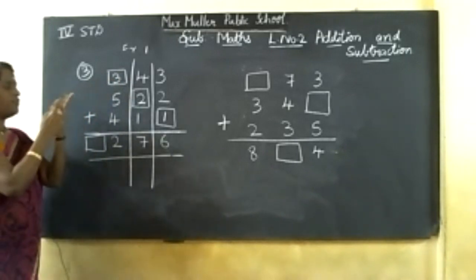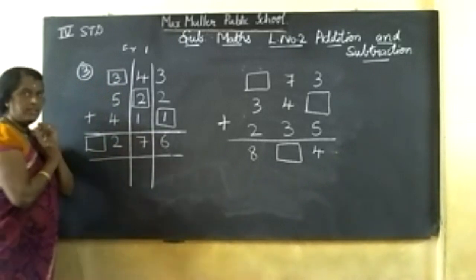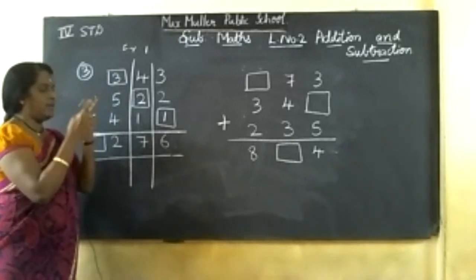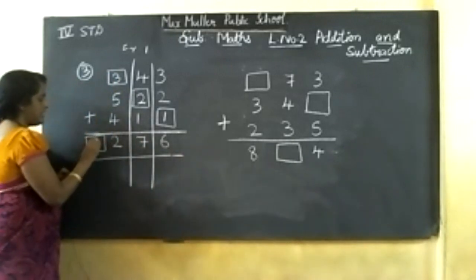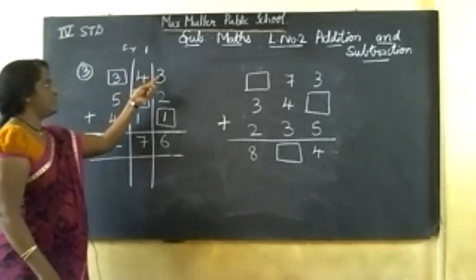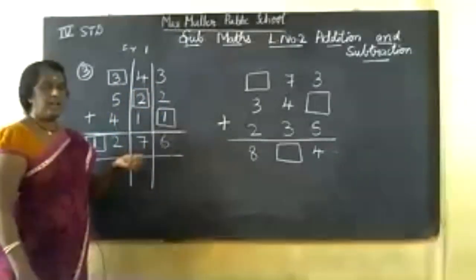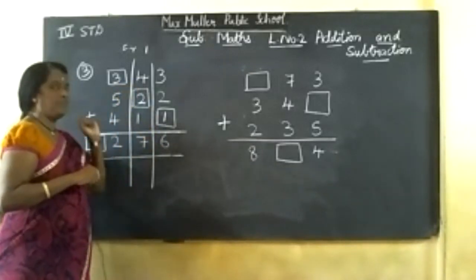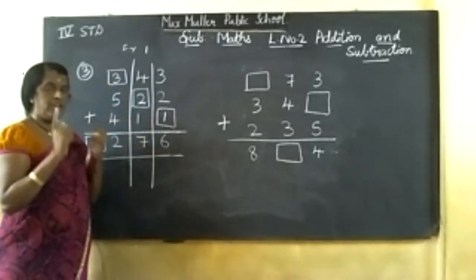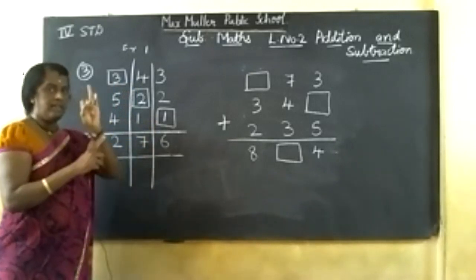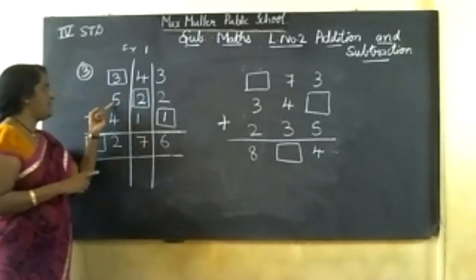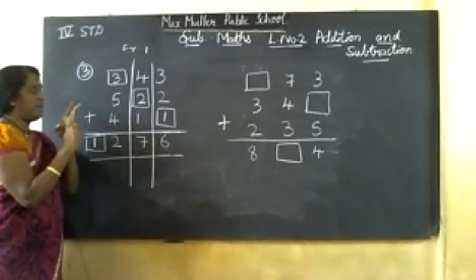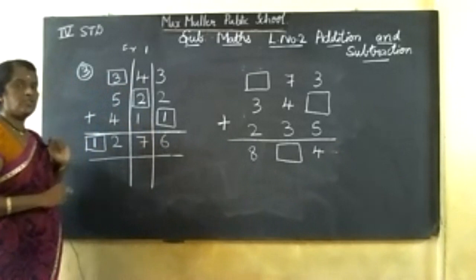Now you count. See, 5 in the mind, 3 on my finger. After 5, 6, 7, 8. 8 in the mind, 4 on my finger. After 8, 9, 10, 11, 12. Here 2 is there, in this box 1. So here also see, 3, 4, 5, after 5, 6. So here the answer came 3. Here 4 plus 1, 5. After 5, 6, 7. The answer is 2. Like that only. 5 plus 4, 9, 10, 11, 12. Up to 2. 12 means 3. So you got 12 as the answer.